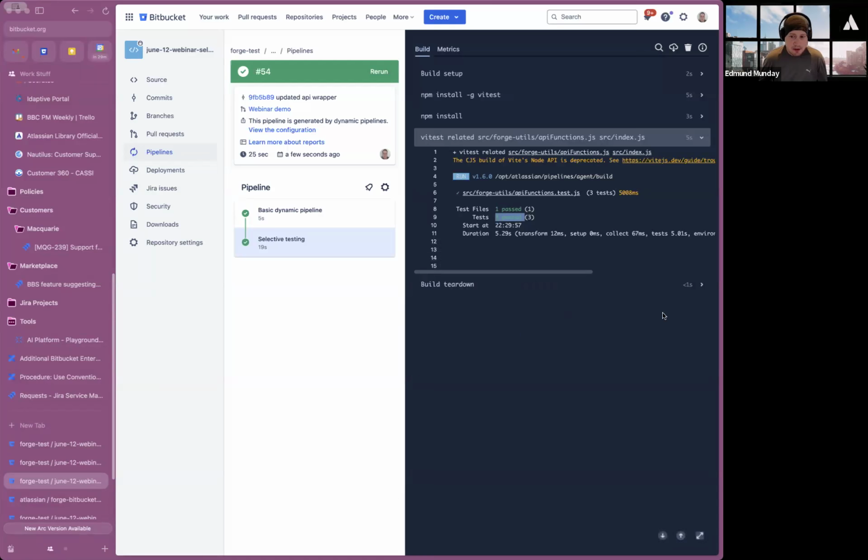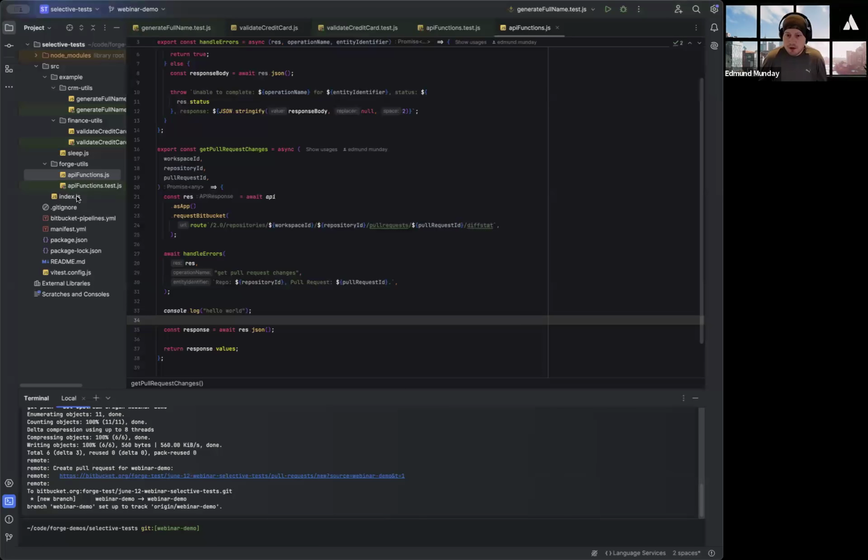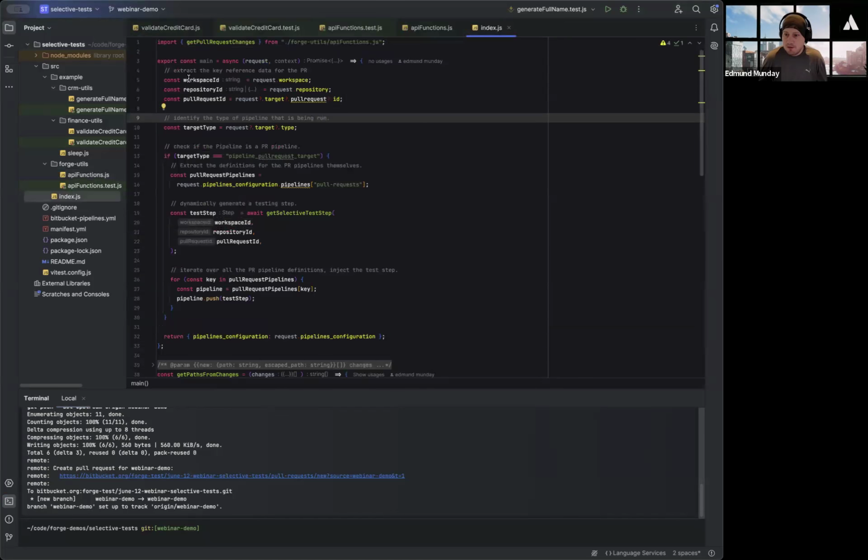So I'll go back to the code and we'll run back through it again, but you can see here it's all working. We're picking the tests that we need to run based on the PR. It's reducing the build time. And if I jump back, just run through exactly how that works, and then we'll see if anyone has any questions. So going back to it, what we did, we grabbed out those key bits of information we need to